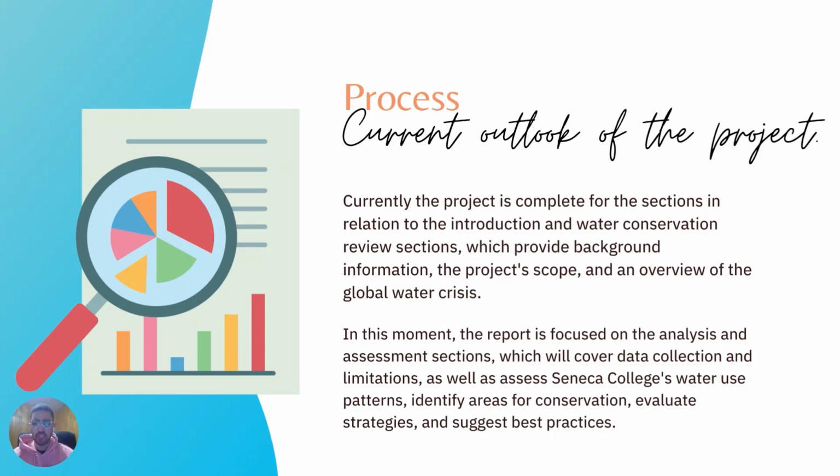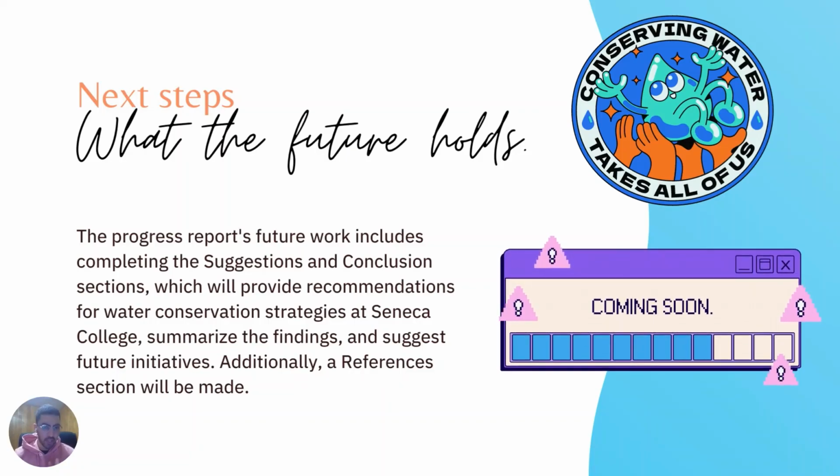Some of those include describing the method used to collect and analyze data, identifying any limitations or assumptions made in the project, and for the assessment part, summarizing the current water use patterns at Seneca College, evaluating various water conservation methods, and identifying best practices for water conservation. Then we'll move on to the next steps,